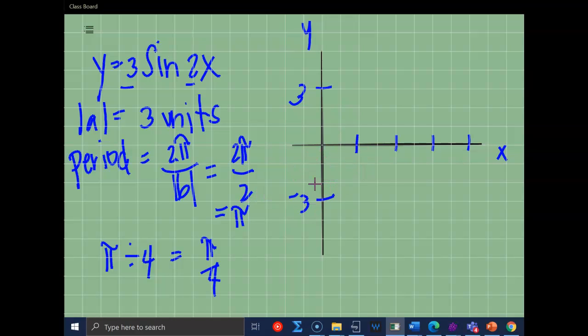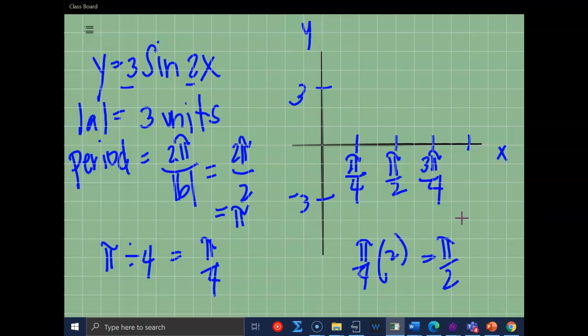And then here, the first part is pi over 4. Pi over 4 times 2 would be pi over 2. That will be the next part. And then pi over 4 times 3 would be 3 pi over 4. And then the fourth one would be pi over 4 times 4. That would be pi. So now we have completed one period, which is one complete cycle of the given sine